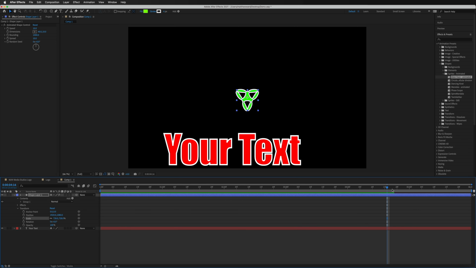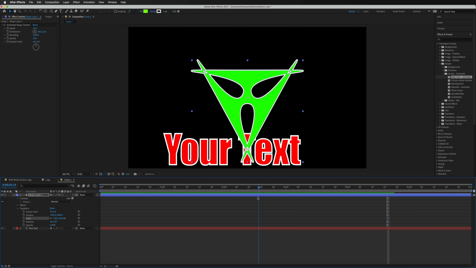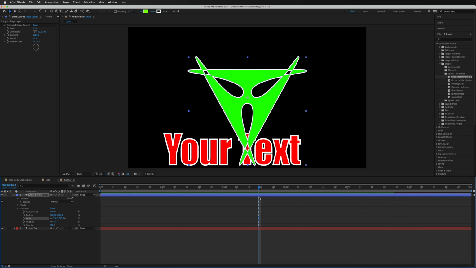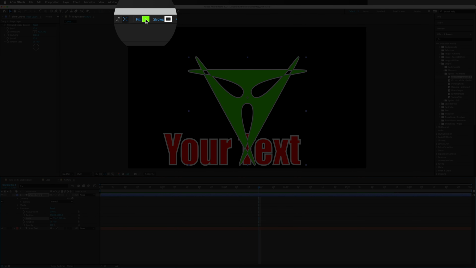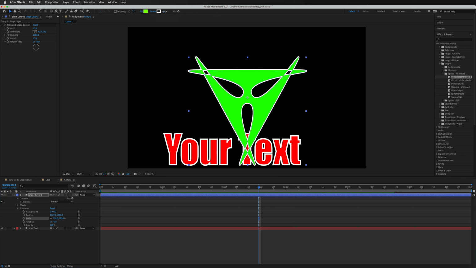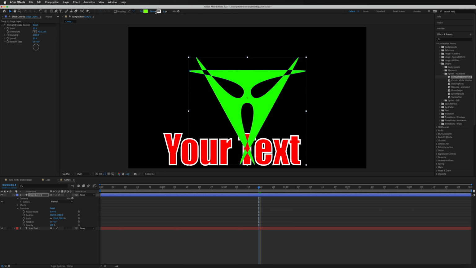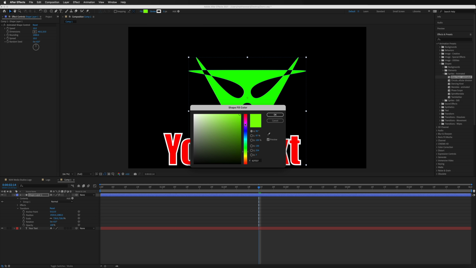And another thing you may notice when creating shapes, if you want to change the colors or the strokes, we can do that just in this top menu bar up here where we've got the fill color, which is green at the moment, and we've got the stroke, which is white. You can turn that off just by adjusting that 4 to be 0 and go ahead and change the color if you like to something different.